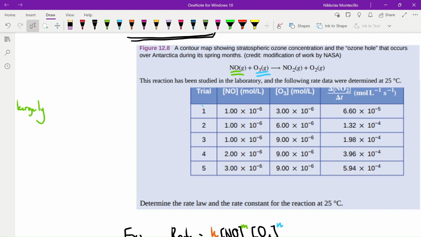So let's say we want to solve for m. m is associated with the reactant NO. So we want to find varying concentrations between trials, and we want to keep the concentration of O3 constant when comparing trials. You'll see why in a second. So I think the most appropriate trial here would be